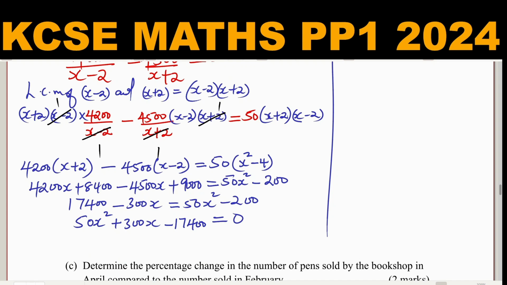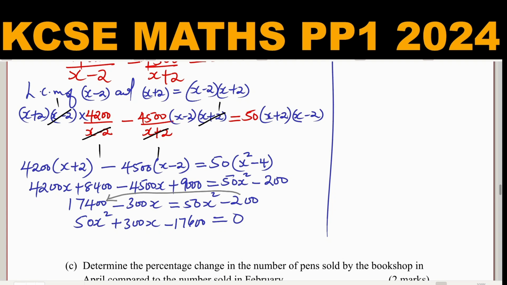I'm sorry, this one will give 17,400 and then plus 200. There's something to note here. This will give 17,600. I think that one is okay. 50x squared plus 300x minus 17,600 is equal to 0. Yeah, I've done that by bringing these on to this side,